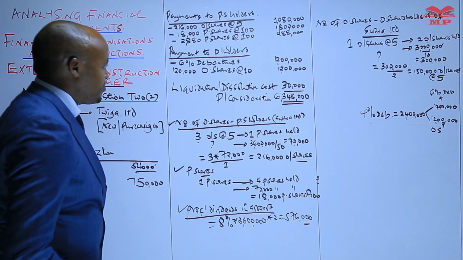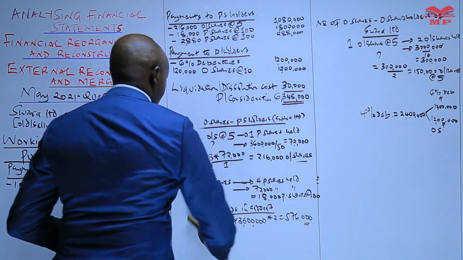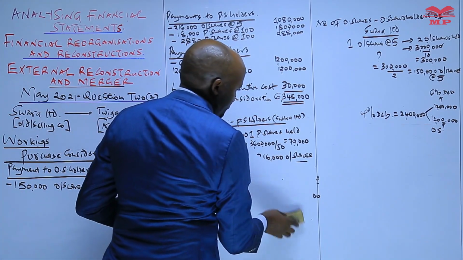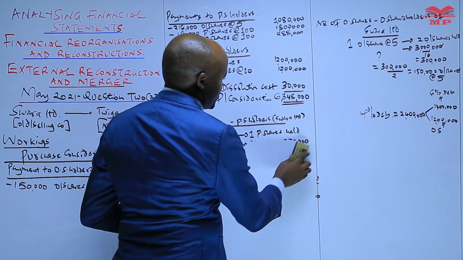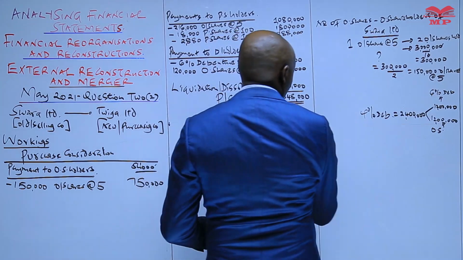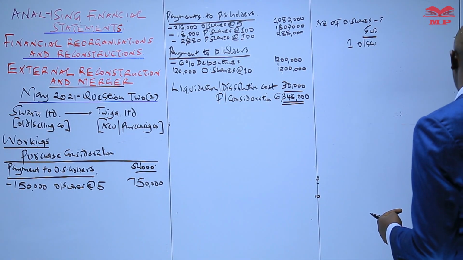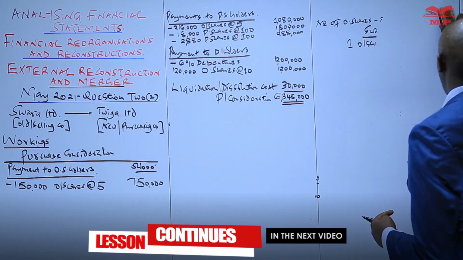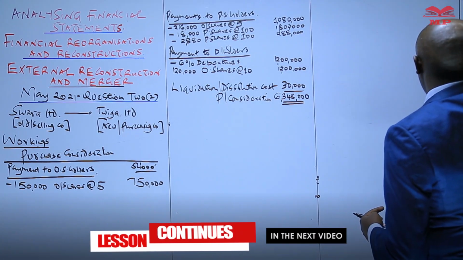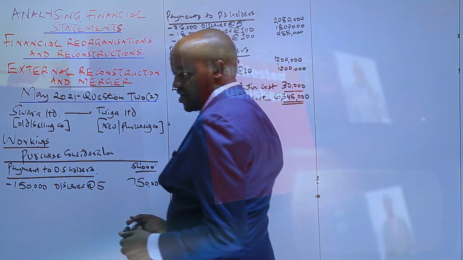Now, having computed that, remember I've said we follow 3 steps in answering such a question. Once you have computed the purchase consideration, step 2 is that you close the books of account of the old or selling company. And then from there, you proceed and open the books of account of the new company. So what we need to do